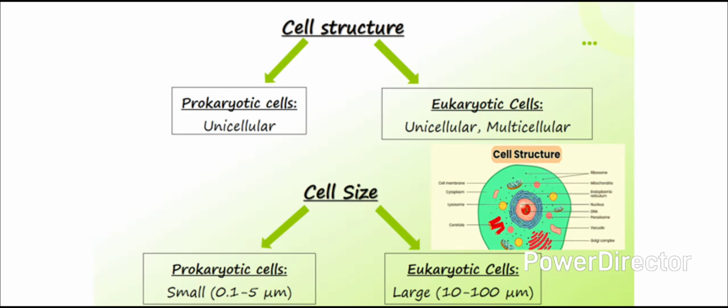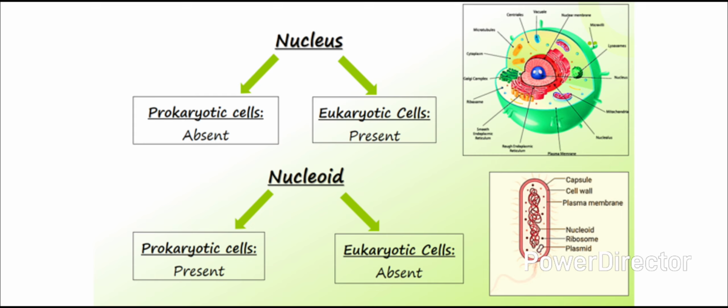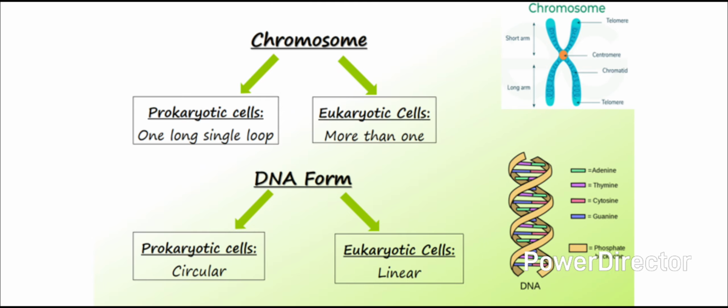Coming to nucleus. As I told you earlier, nucleus is absent in prokaryotes, whereas present in eukaryotic cells. Nucleoid. Nucleoid is present in prokaryotic cells, whereas it is absent in eukaryotic cells. Chromosomes. Only one long single loop of DNA is present in prokaryotic cells, whereas more than one is present in eukaryotic